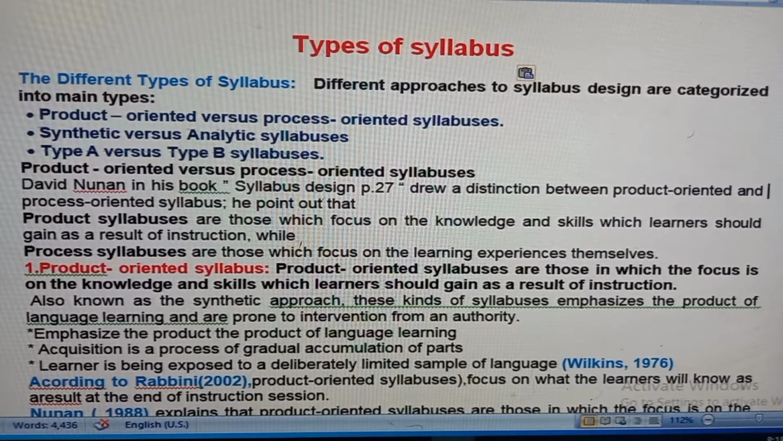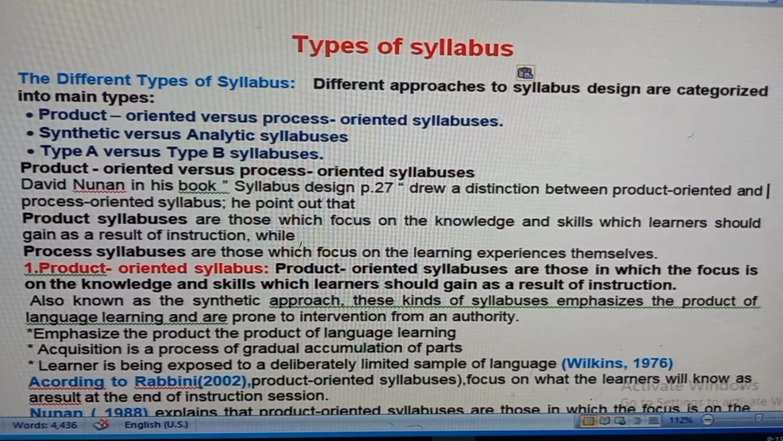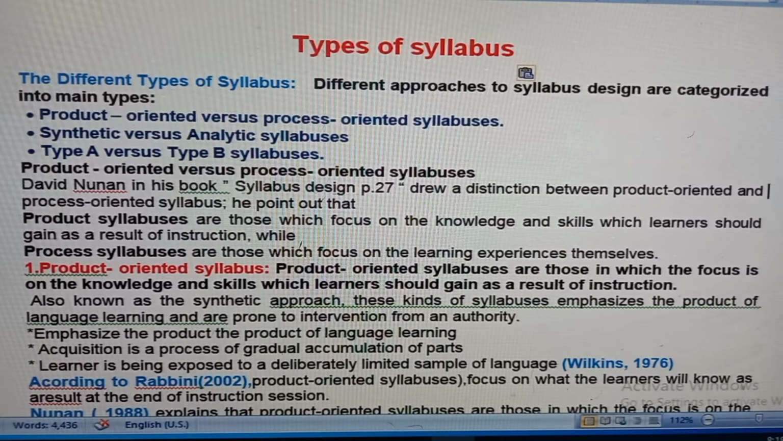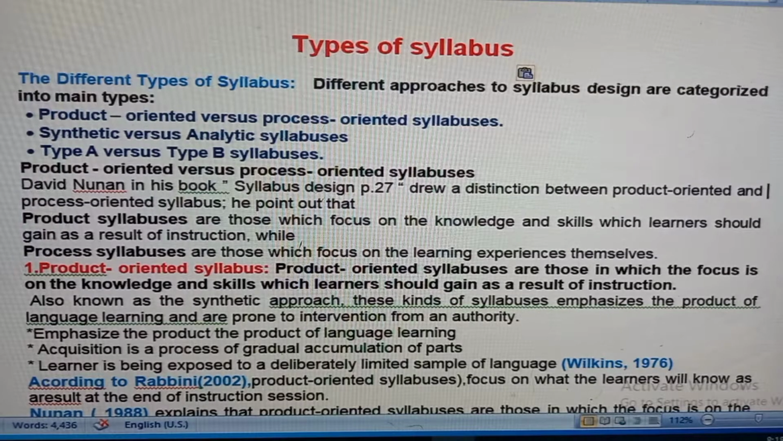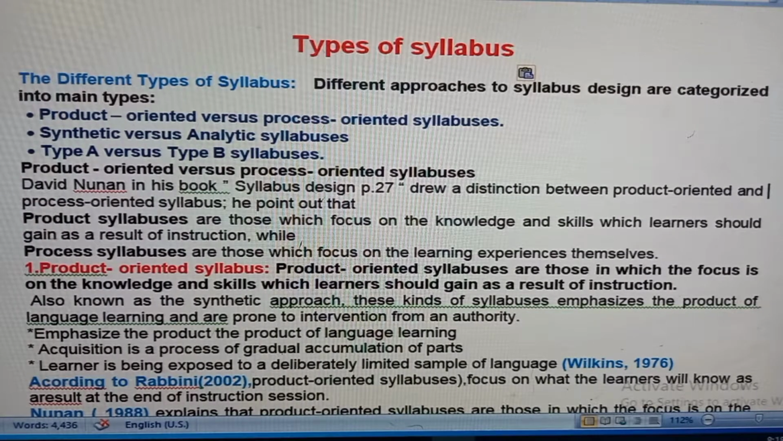Product-oriented versus process-oriented syllabus. Synthetic versus analytic syllabuses. Type A versus type B syllabuses. Product-oriented versus process-oriented syllabuses. David Nunan, in his book Syllabus Design, page 27, drew a distinction between product-oriented and process-oriented